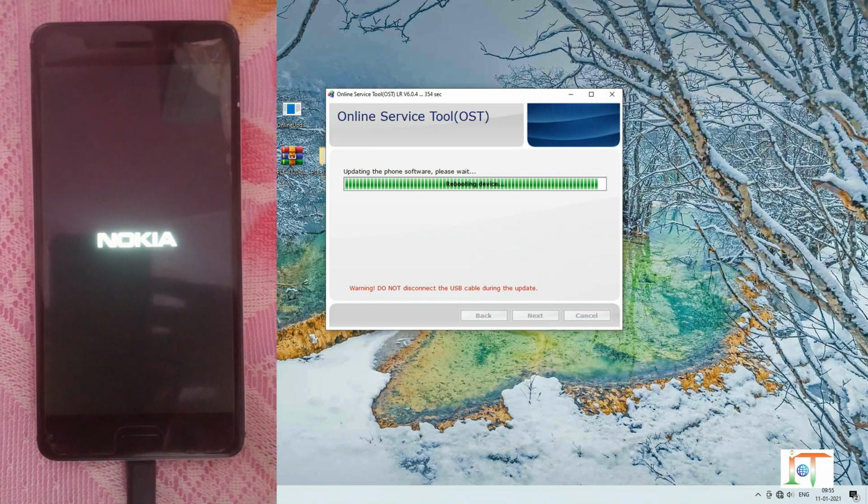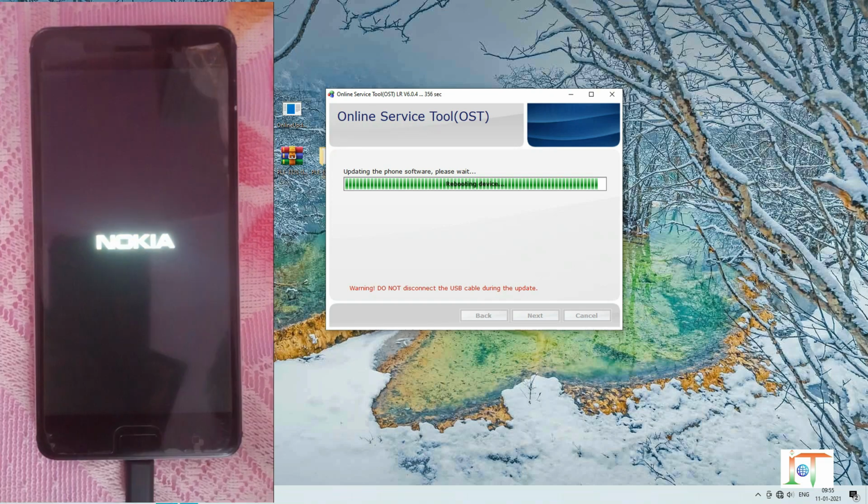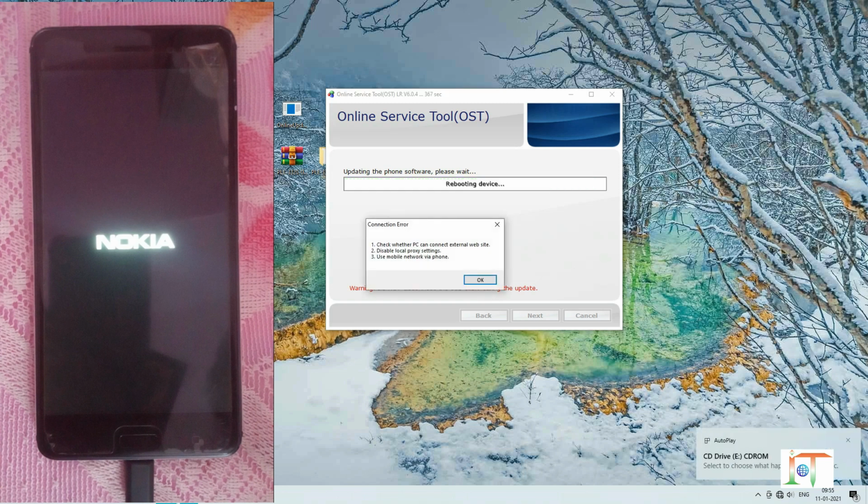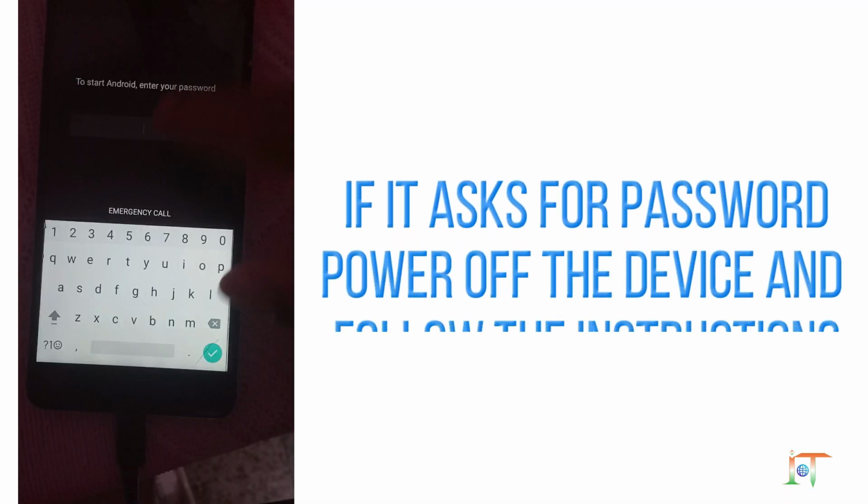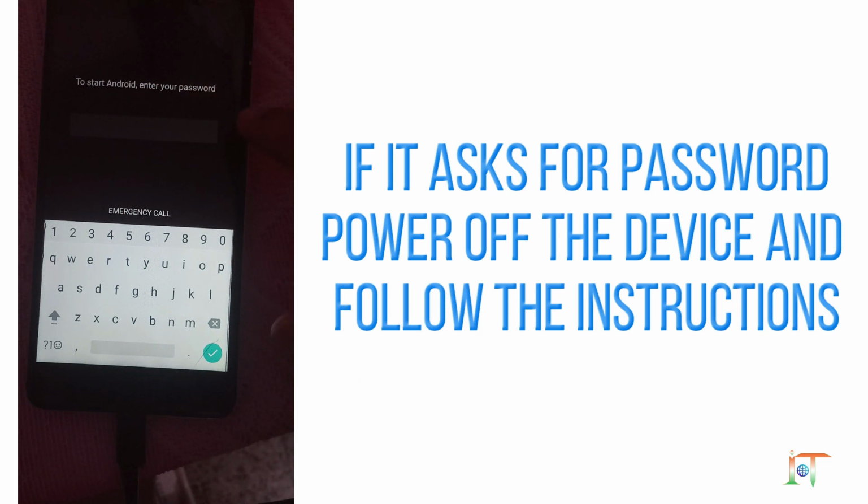The phone is still rebooting, it will take some time, so wait. You see that flashing complete. You can see that it is asking for password.